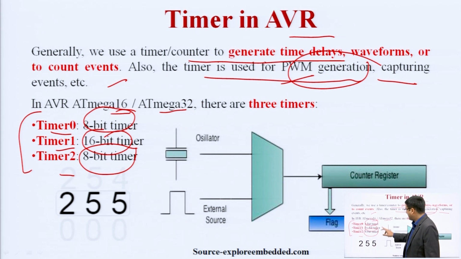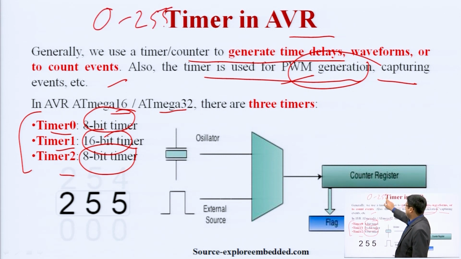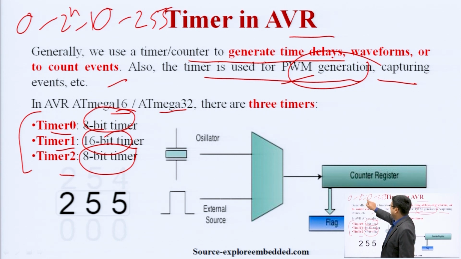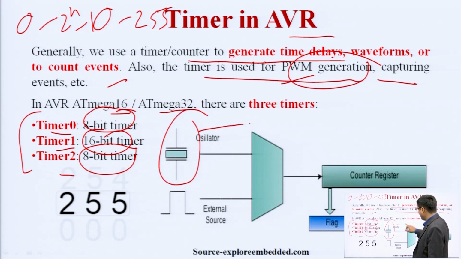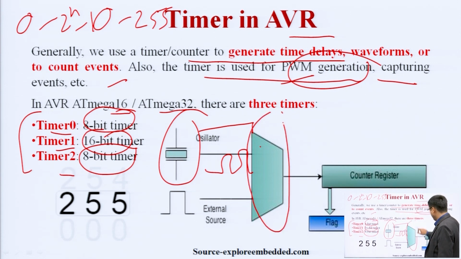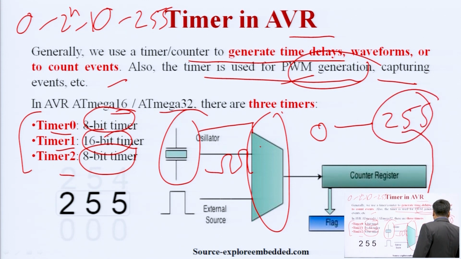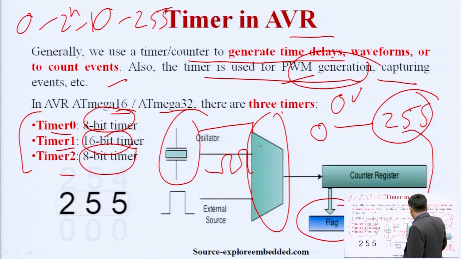So here the timer has a range from 0 to 255, that is 0 to 2 to the power n minus 1. Whenever the timer needs some particular frequency of operation, the crystal oscillator provides the frequency. Once it gets the frequency, the timer is activated and starts counting events from 0 to 255. 255 is the maximum value. When it reaches the maximum value, what will happen? It will roll over, that is, roll back to the initial value, and an overflow will be generated. And who will tell the overflow? This will be told by the flag register. The flag register will tell that there is an overflow in the system.